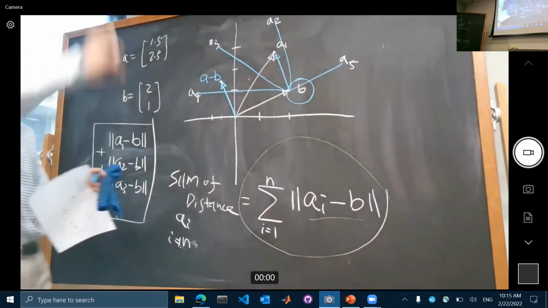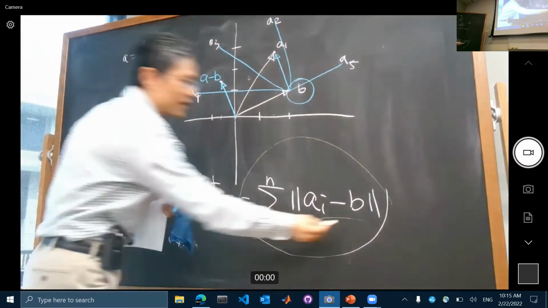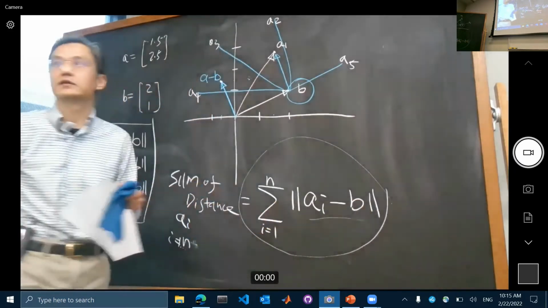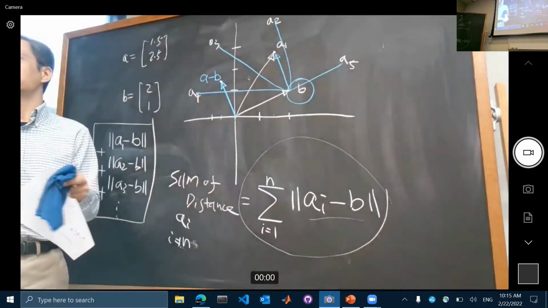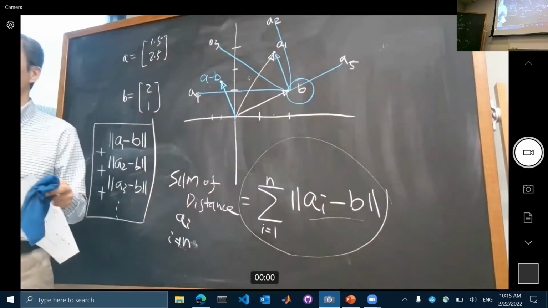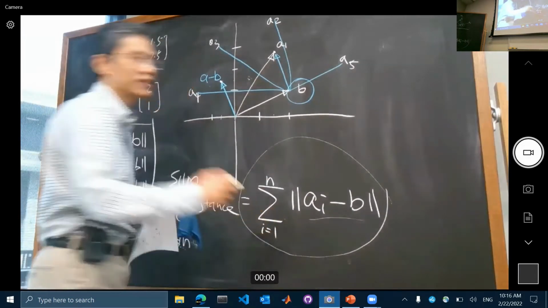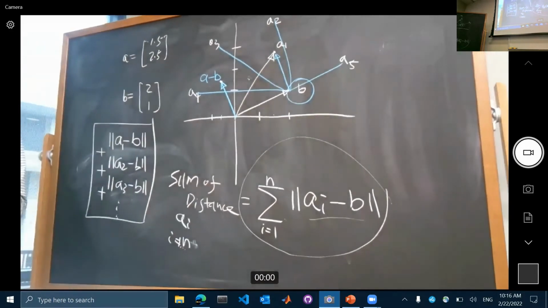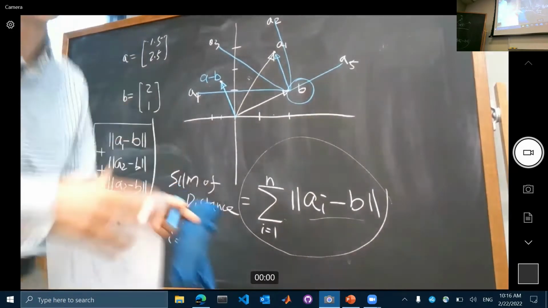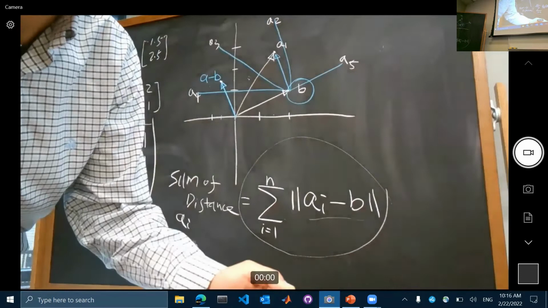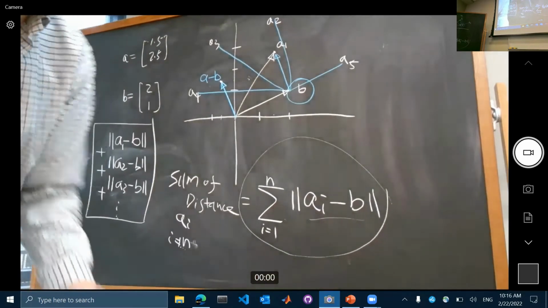Right? You can move B, but that's very easy computation. All the points minus B, take a norm and sum them. All right. So that's the equation on your slide. I cannot show you a slide here. Okay. Now,